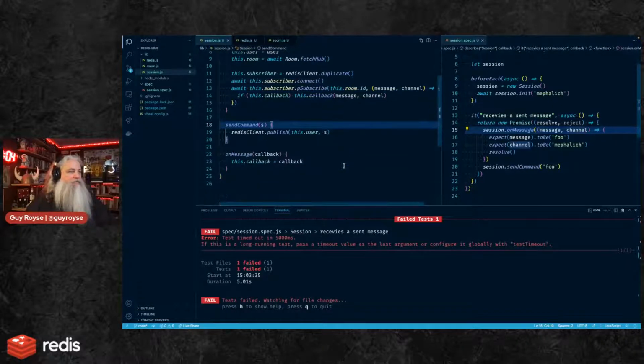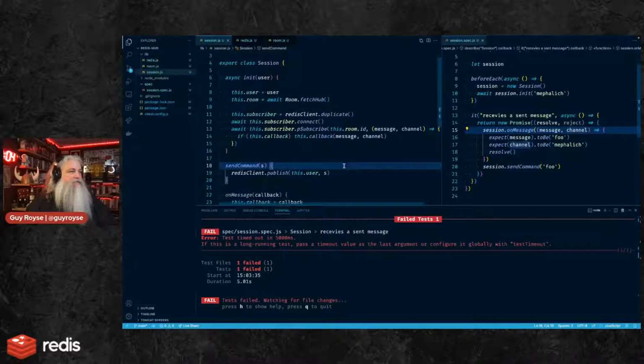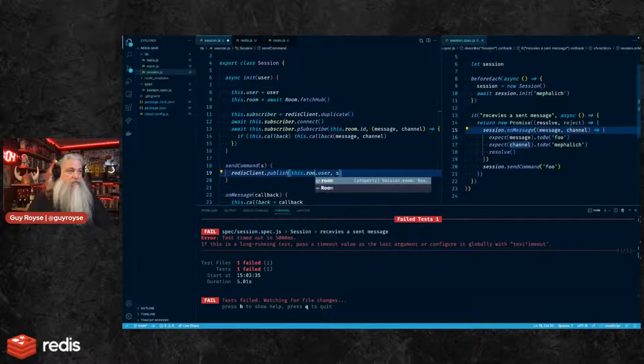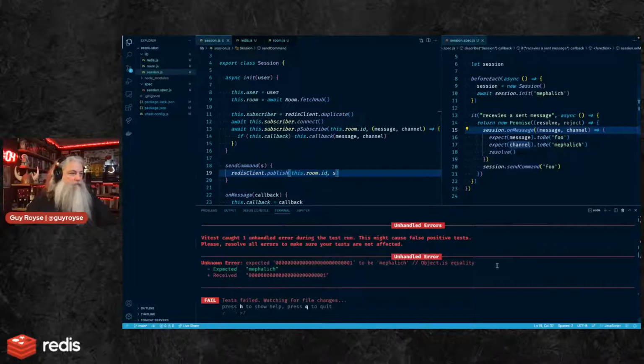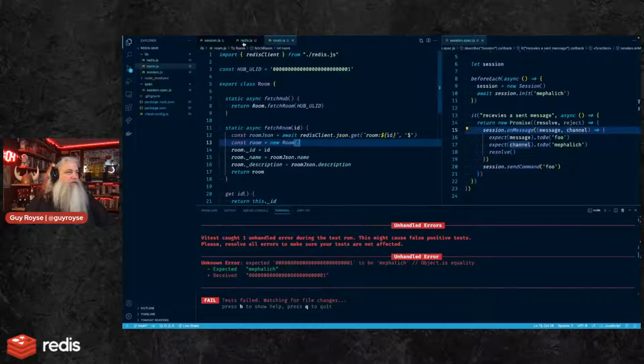Send command is passing for the user, and so this needs to be this.room.id. And now, okay, we got a failing test like we expected. Our test is failing in the way we would expect. So it's going through all that room infrastructure that I've written. The room doesn't have any data, but it does find the document, and so that works.